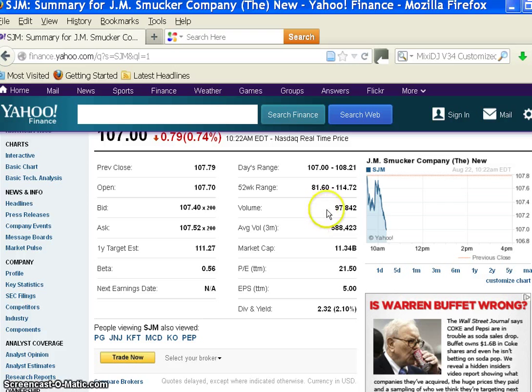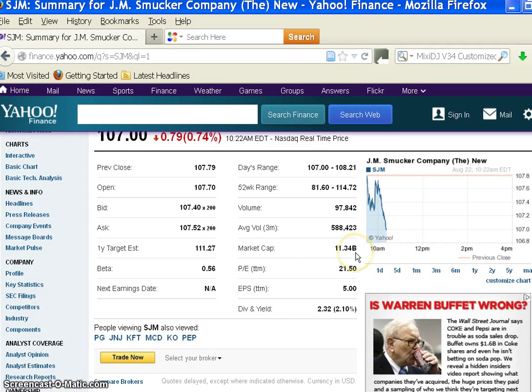Volume is the number of shares that have traded in the current trading session. Average volume is the average number of shares that trade per day over a 3-month time span. Market cap is market capitalization, and the way that that is determined is by multiplying the number of shares outstanding times the current share price. In this case, Smucker's has a market cap of 11.34